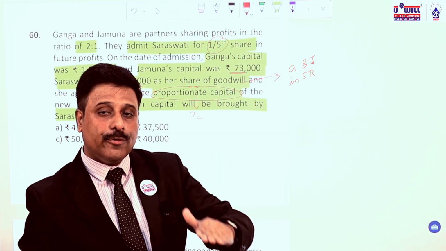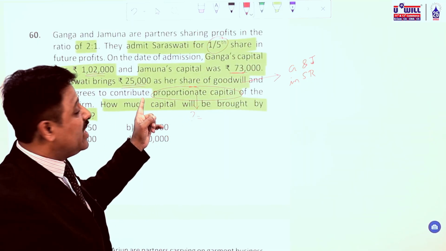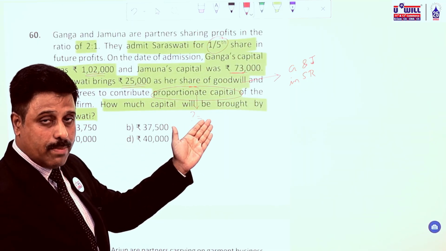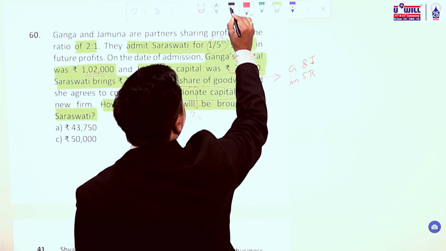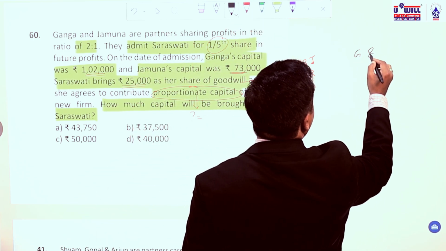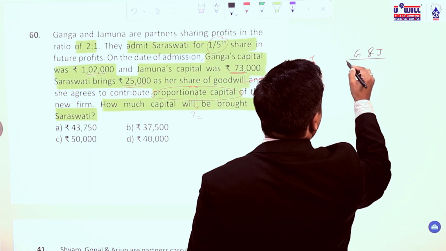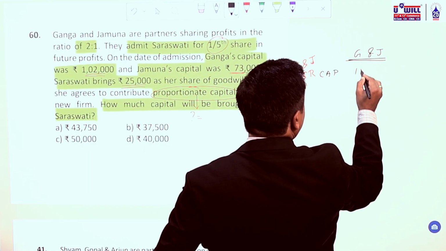So in the new firm, the old partners' capital will increase by 25,000. Ganga and Jamna's capital in the new firm will be how much? It is already 1,02,000